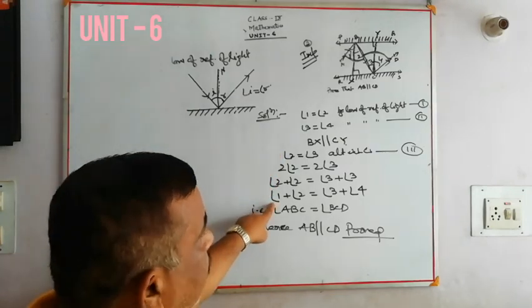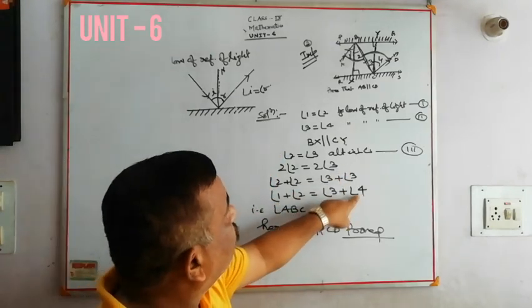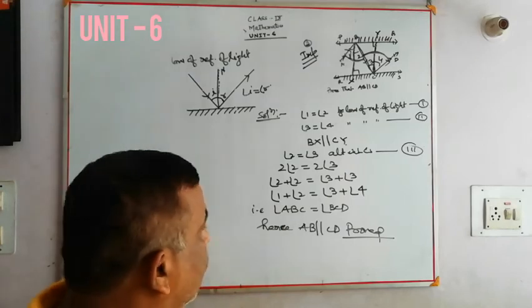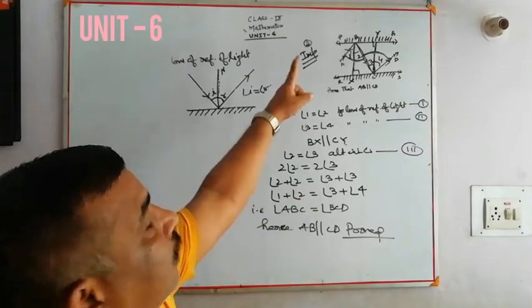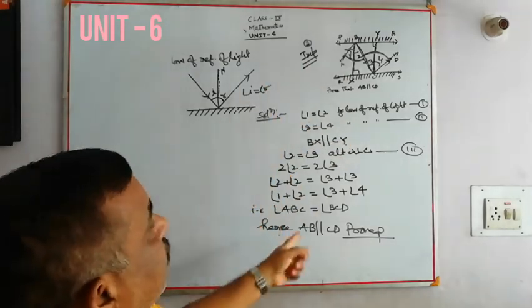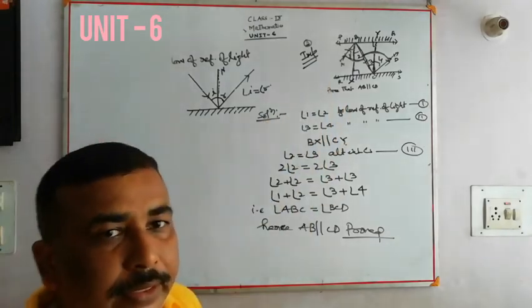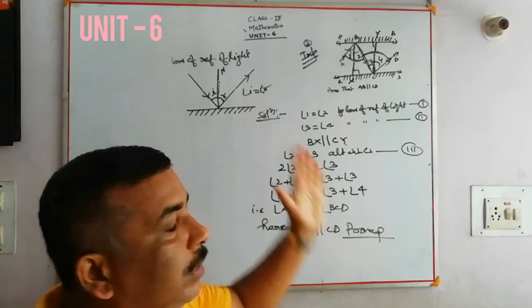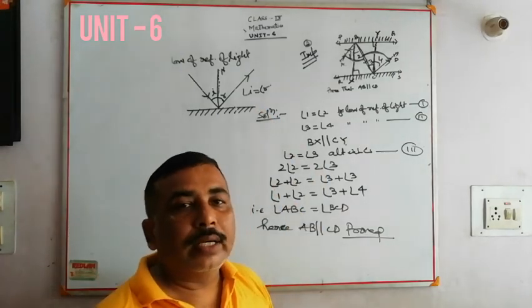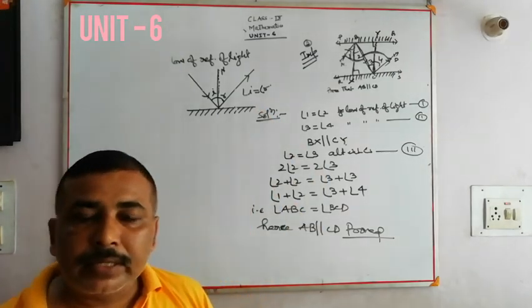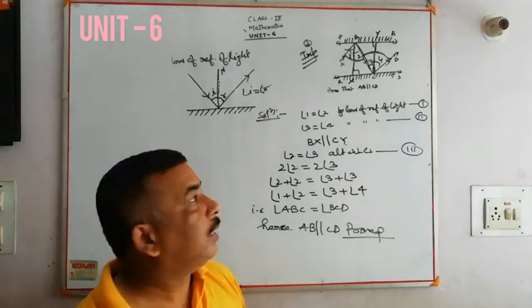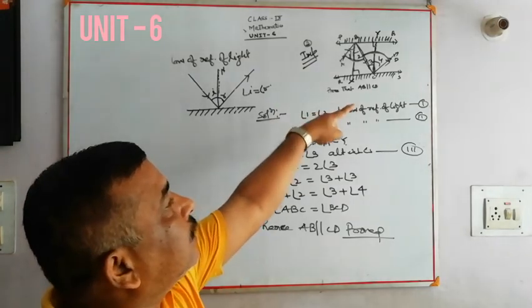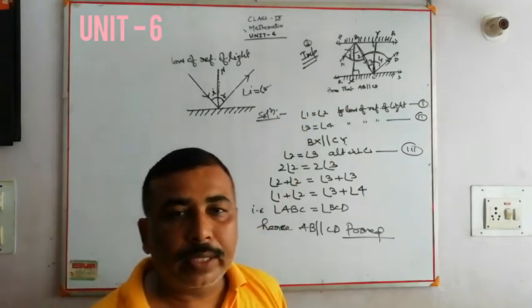Now, angle 2 is equal to what? Angle 1. Angle 3 is equal to what? Angle 4, from equation number 2. Then angle 1 plus 2 is the angle ABC. Angle 3 plus 4 is the angle BCD. Therefore, angle ABC and angle BCD are equal. BC is the transversal line, and you know that alternate interior angles are equal. Then the lines are parallel. Therefore, you write AB and CD are parallel lines. Okay?